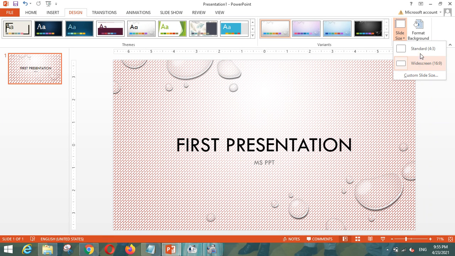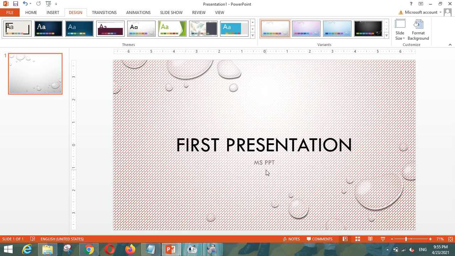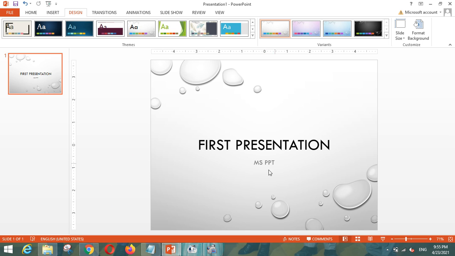But if you would like a standard size, that is 4:3, which projector screens generally use, you can click on standard 4:3 and click on the ensure fit option. Your slide will not be widescreen, it will take the size of projector screens.